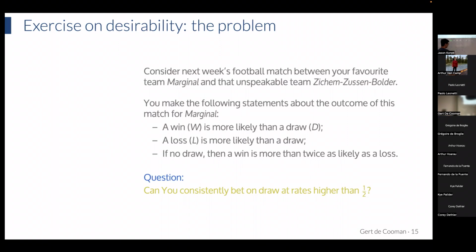So by the additivity property, you can sum them all up, which means that we'll get